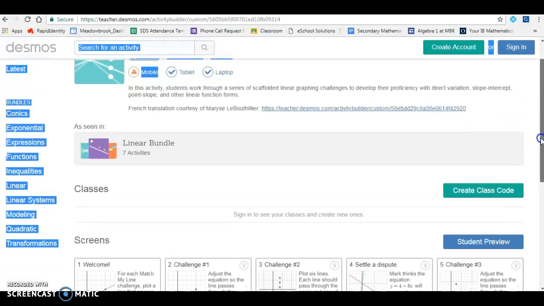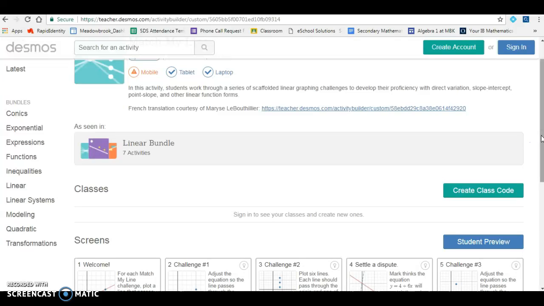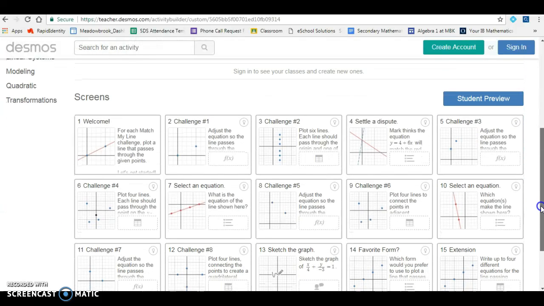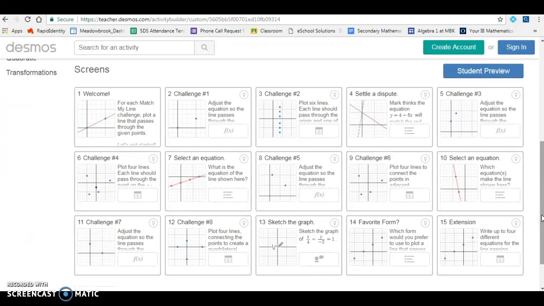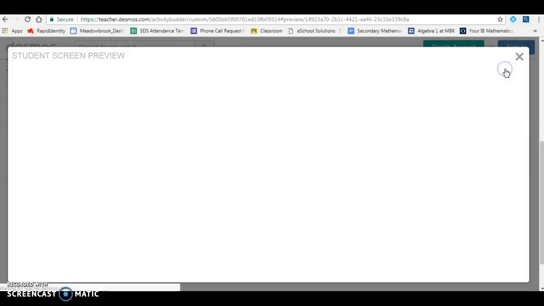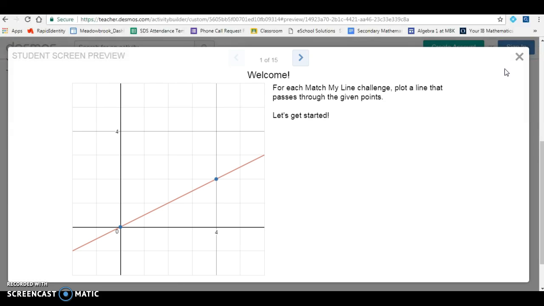You'll see that when you click on the activity, there is a student preview of what the screens look like. It takes them through a slideshow, starting with a welcome, and let me show you that in large screen here. Welcome. It tells them what they're doing for each match my line challenge: plot a line that passes through the given points. So when they say let's get started,